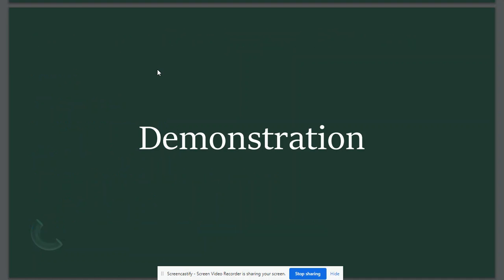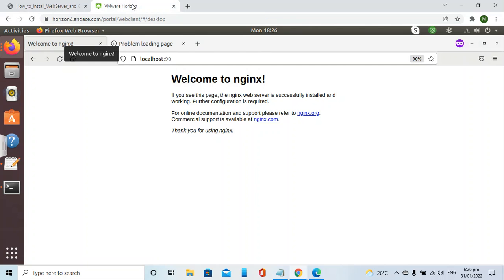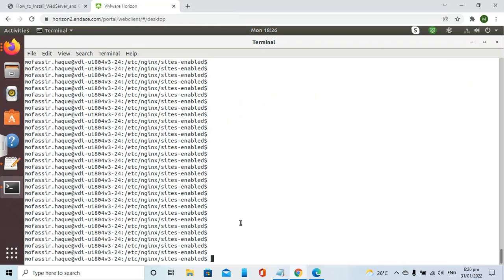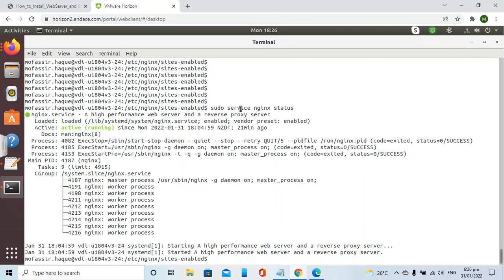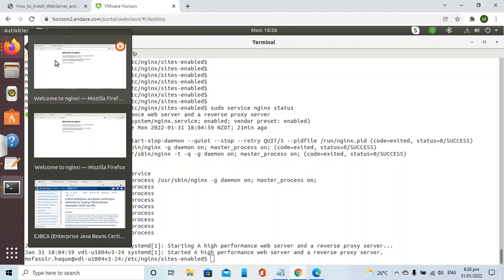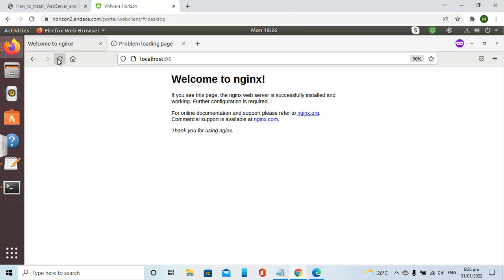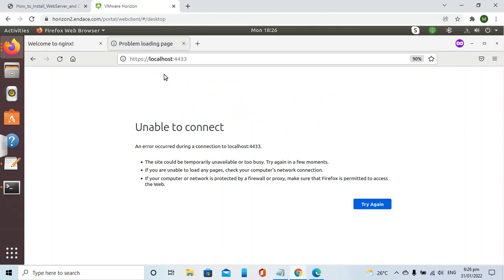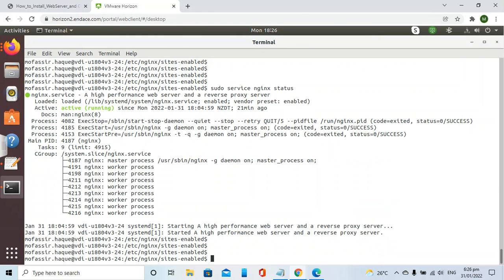Okay, now moving on to our demonstration. First of all, we will see whether our server is working fine or not. We'll execute service nginx status, and we can see it is active and running. So let's go and try to access the server. We can see that the welcome page is there, and it is running on port 90 because I have configured port 90. So let's try to access the server using HTTPS. Currently we cannot access this. So let's go back and